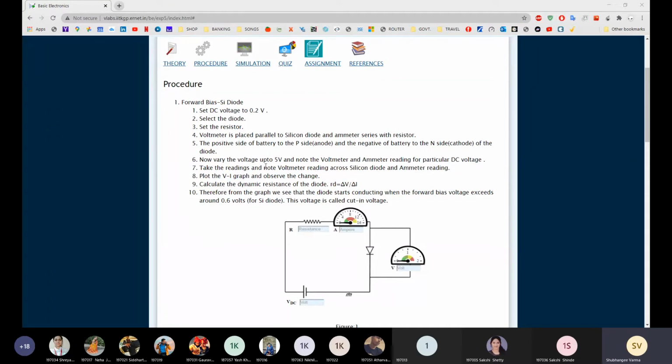Okay. Take the readings, note down the voltmeter reading and ammeter reading. Plot the VI and observe the change. Calculate the dynamic resistor. What is dynamic resistor? Delta V by delta I. Okay. And here you can see after 0.6, current starts flowing through the diode, and hence it is called as